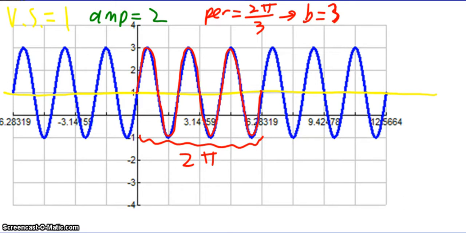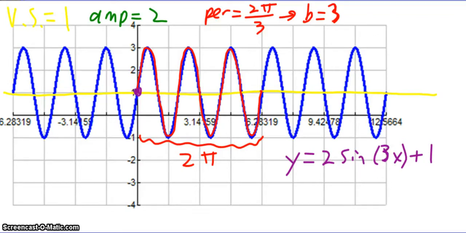Now, if I want to do a sine equation, sine can conveniently again start at 0, so I'm going to say y equals 2 sine of 3x, and then plus 1. If I want to do a cosine equation,